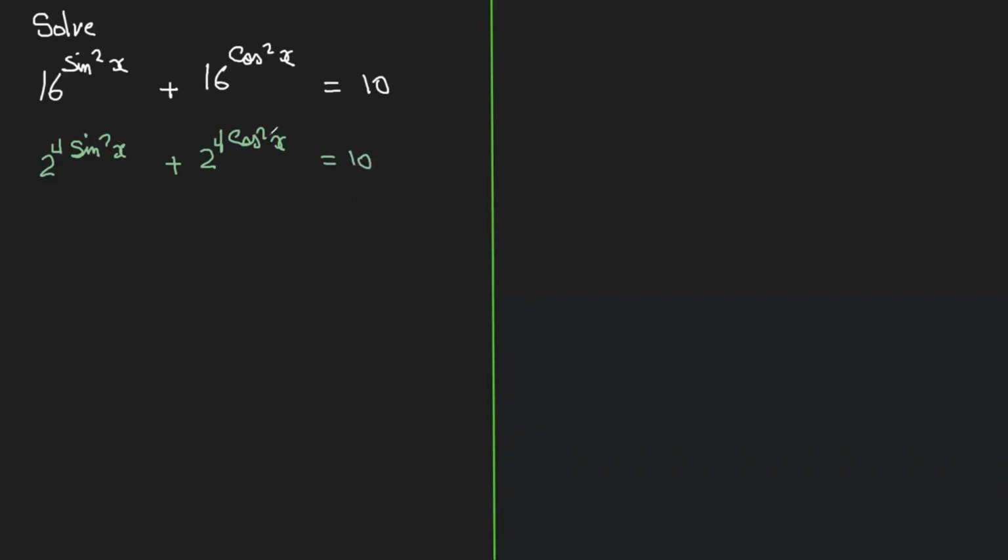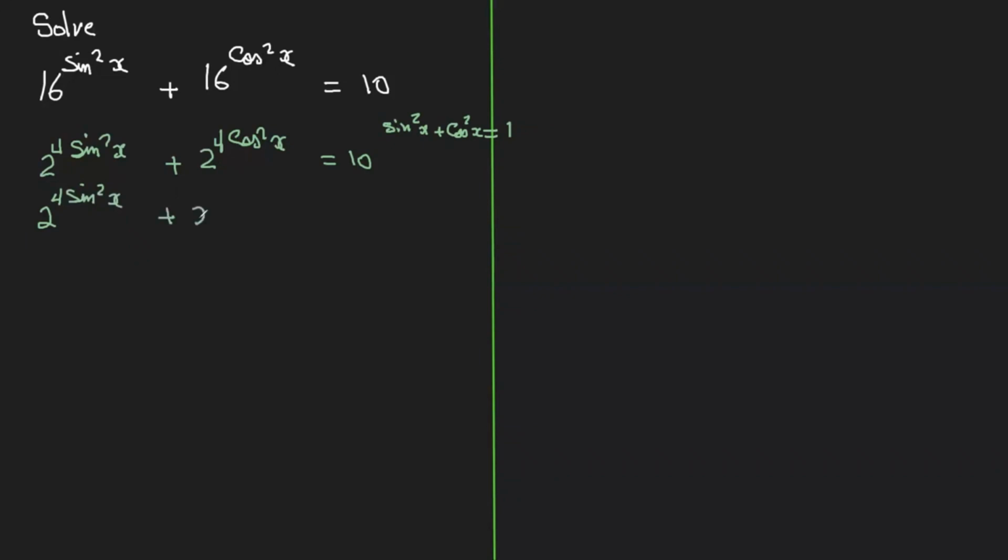After this, I'm going to change this cos squared to 1 minus sine squared. That's coming from the identity sine squared x plus cos squared x equals 1. And therefore, cos squared will be 1 minus sine squared by moving the sine squared to the other side. Okay, so we have 2 to the power of 4 sine squared x